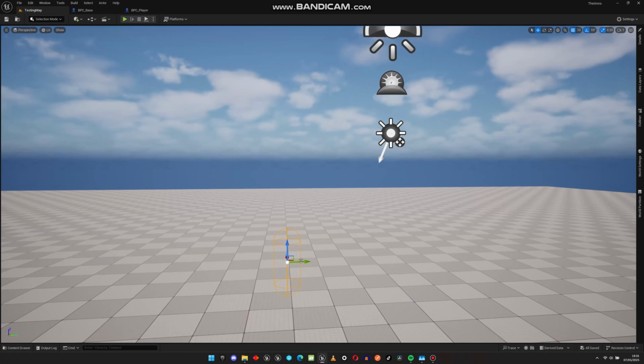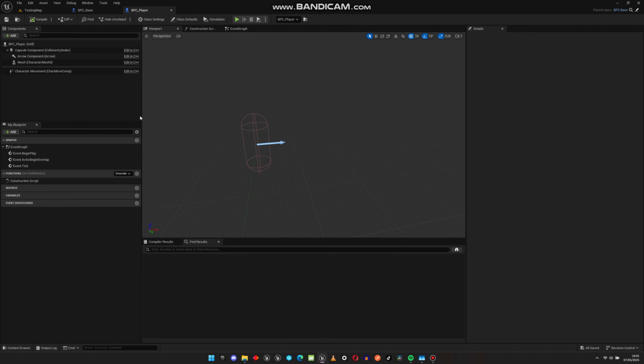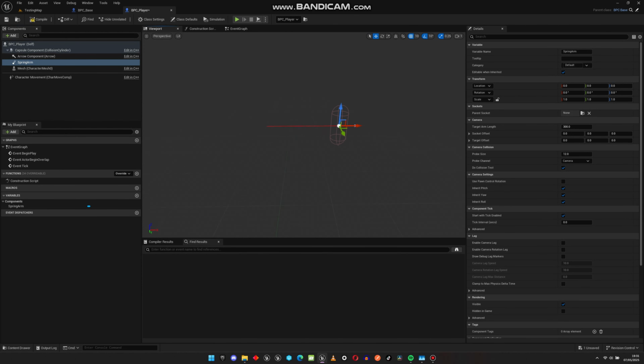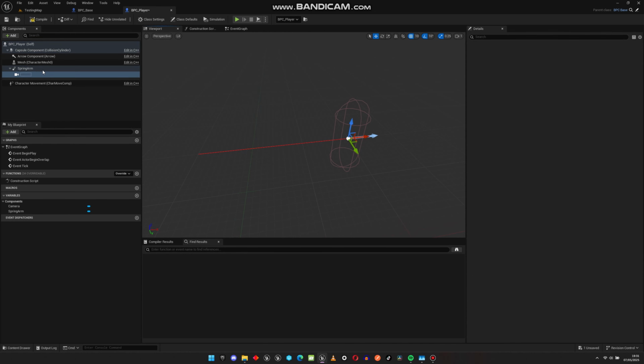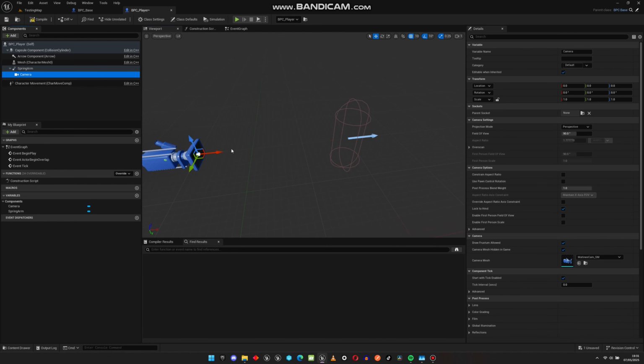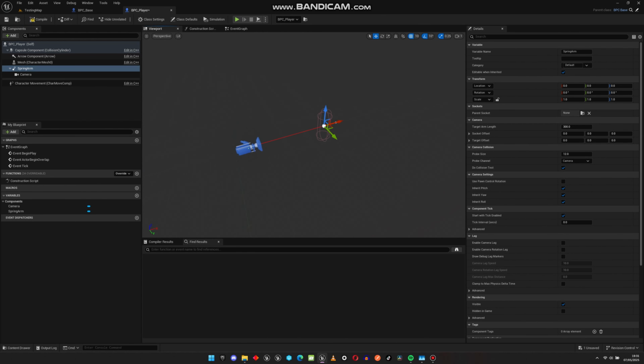So quickly we'll just create two important components for this to happen. I'll name it spring arm. This allows us to get rotation controls, viewing controls, and also we can add a camera. Yeah, so we attach our camera to our spring arm, and on the spring arm settings I can use control rotation. We can basically inherit everything, and then